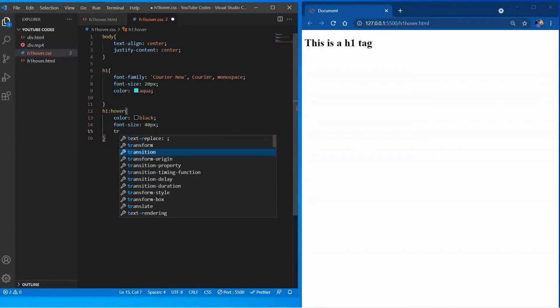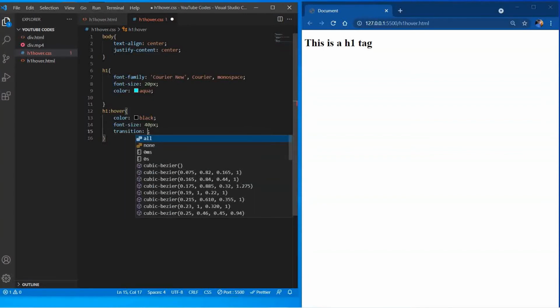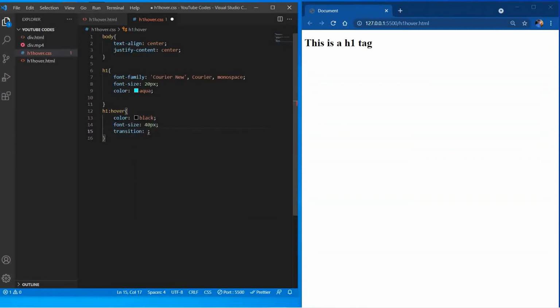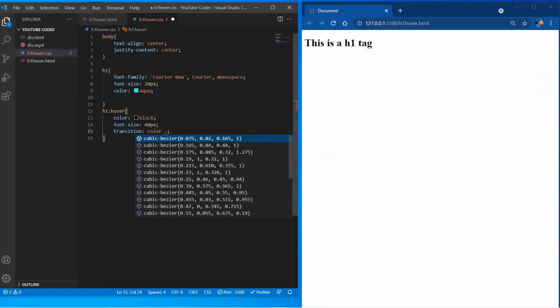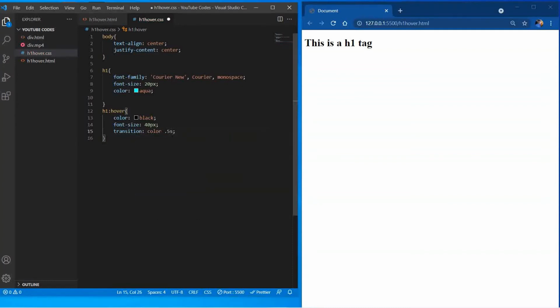Transition is basically a property of time dependency, right? So what we can do is it can have here two values. What are the two values? We can include the color. Okay, after that we can use the time function. It's 5 seconds. Okay, so if we save this and hover on this, it's not happening